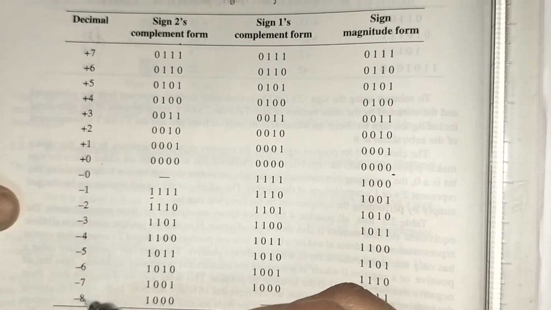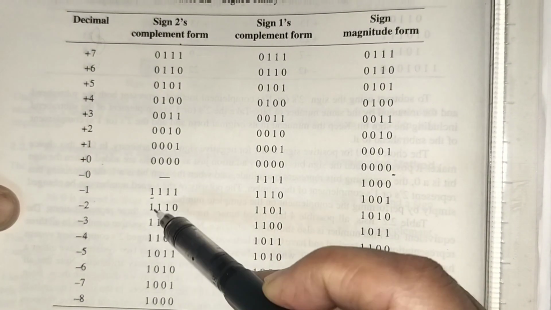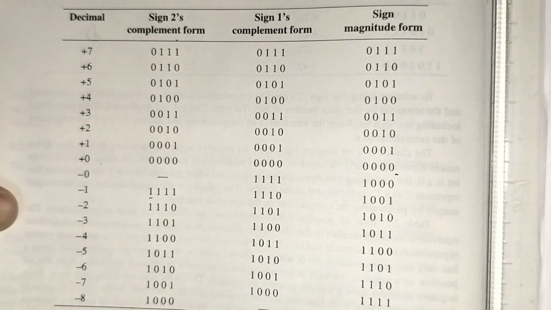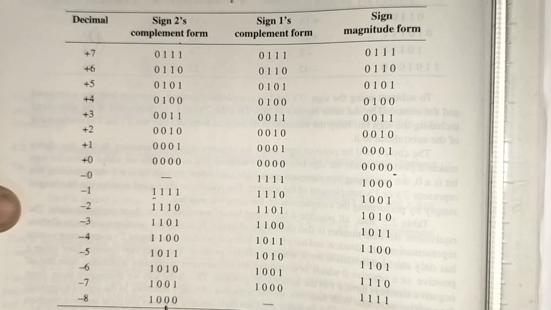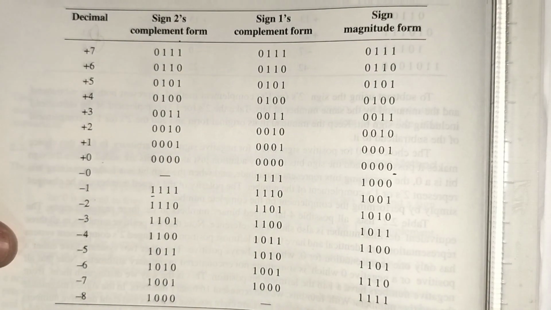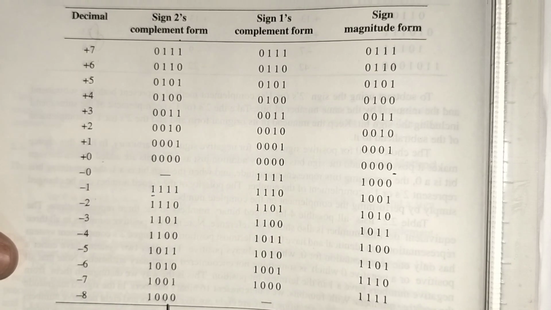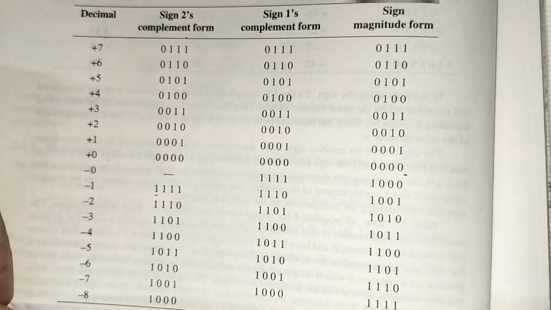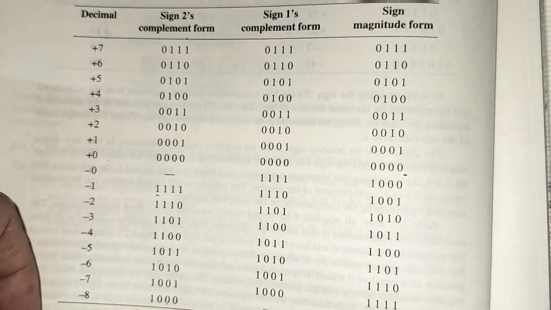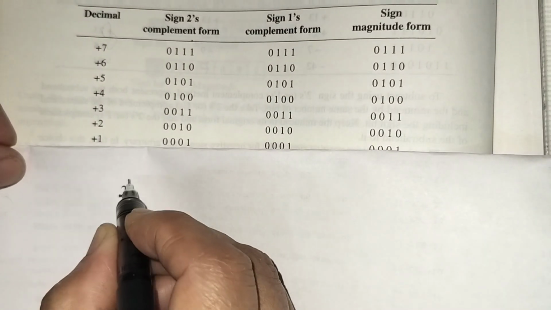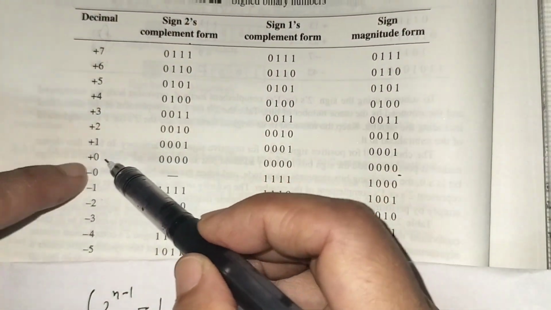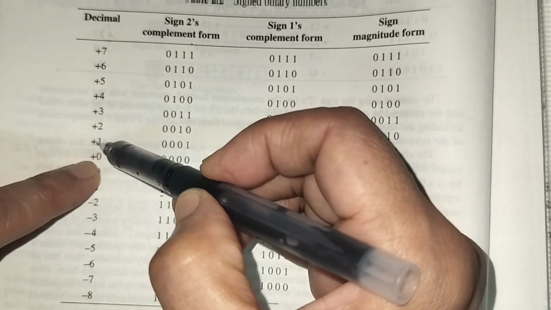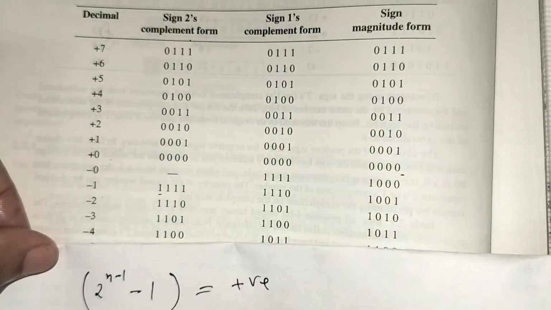Here we can see the negative sign is represented by the leftmost bit, which is 1 here, and we can see 8 here. We have just solved the example for 8. When we represent 8 as -8, meaning negative with a negative sign, it will be the same as 8 in binary. We have just seen that in 2's complement form, the positive numbers are 2 raised to power n minus 1. Excluding 0, the positive numbers are 1 to 7. Here n is for n-bit numbers, and these are 4-bit numbers.